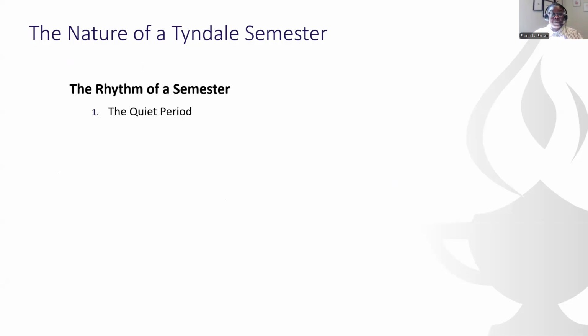Okay. And speaking of the rhythm, we do want to talk about what the semester typically looks like. The first 1 to 3 weeks is your quiet period. So you're doing the right thing in wanting to put together a schedule. You're looking at your syllabi and trying to plan out when my assignments are due. Therefore, when should I start my assignments? How should I do my readings?